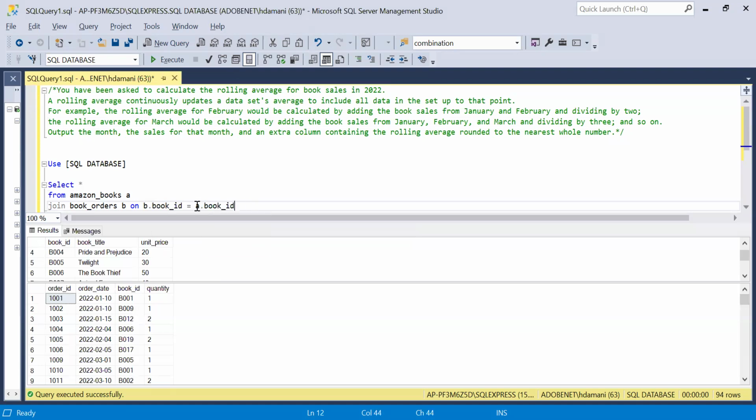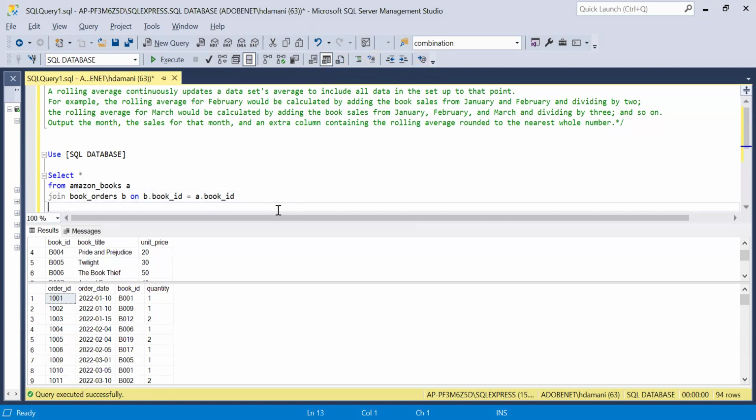So on this particular column, we are basically joining these two tables, right? Now, in this particular problem, we have to just filter out sales for 2022. So for that, I will put a where clause: where order date is greater than or equal to 2022, not 1. So from 1st of Jan 2022, it should be greater than or equal to, and it should be less than 1st of Jan 2023, right? So for that, I will use order date is